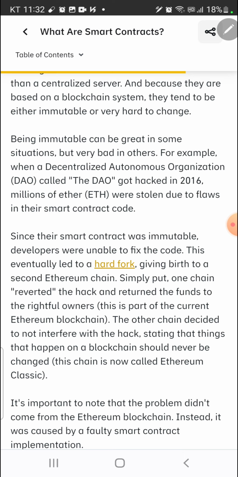For example, when a decentralized autonomous organization, DAO, called The DAO got hacked in 2016, millions of Ether, ETH, were stolen due to flaws in their smart contract code. Since their smart contract was immutable, developers were unable to fix the code. This eventually led to a hard fork, giving birth to a second Ethereum chain. Simply put,